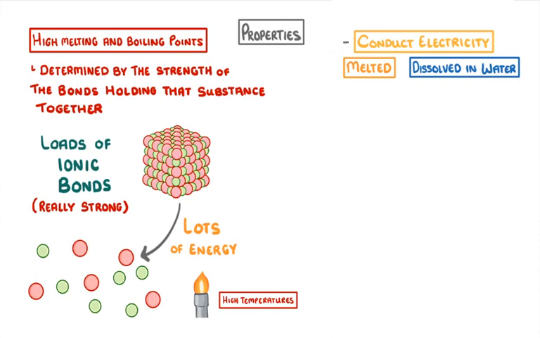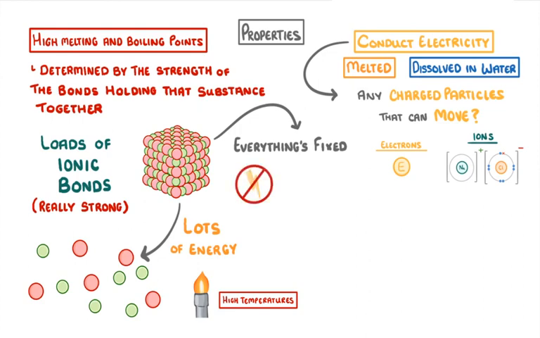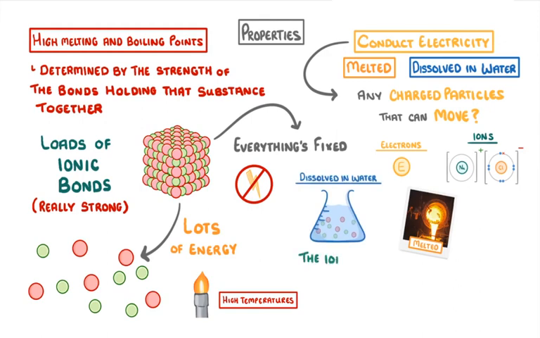When it comes to conducting electricity though, the important thing is whether there are any charged particles that can move, and these could either be ions or electrons. When ionic compounds are in their solid form, everything is fixed, so they can't conduct any electricity. However, when they're melted or dissolved in water, the ions are free to move about, and this movement of charged particles allows them to conduct electricity. The last thing we need